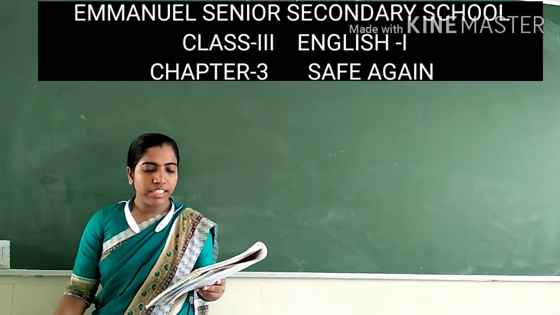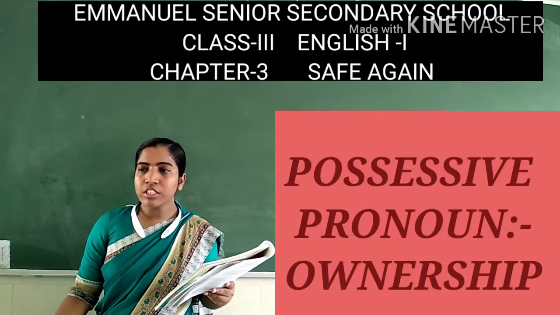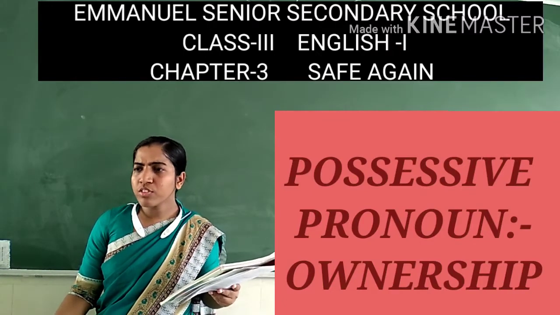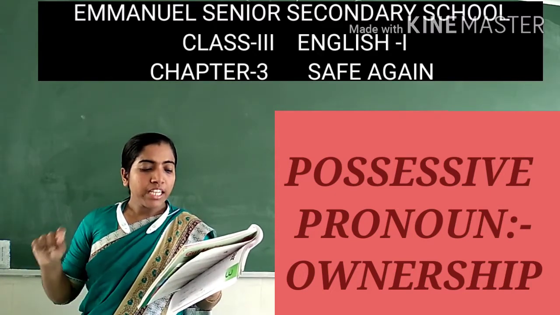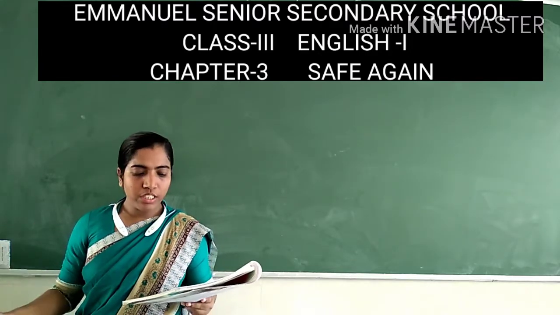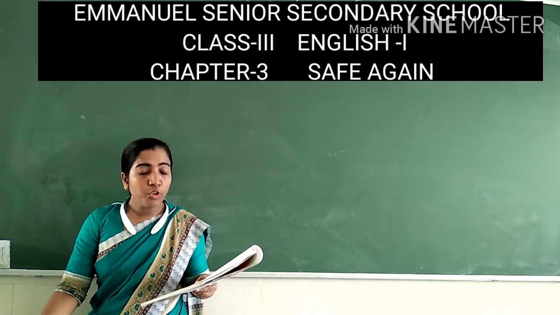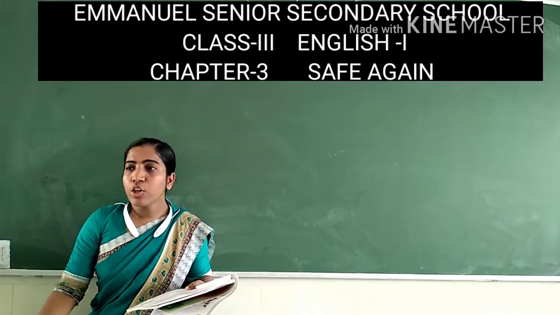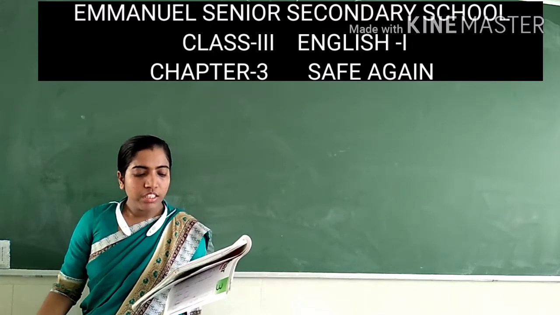Come to the next grammar portion, that is talking about possessive pronouns. Next portion is talking about possessive pronouns. What is possessive pronoun? It shows the ownership. ओके, ओनरशिप को दिखाते हैं. It is used to show that something belongs to someone. कुछ चीज किसी का बिलोंग करता है, that we use possessive pronoun. They answer the question whose. किसका है? If you are asking the question to a friend, then whose, you will be getting the possessive pronoun.